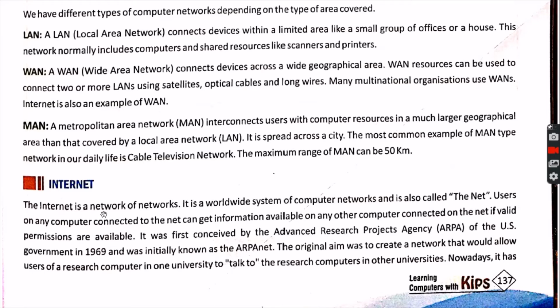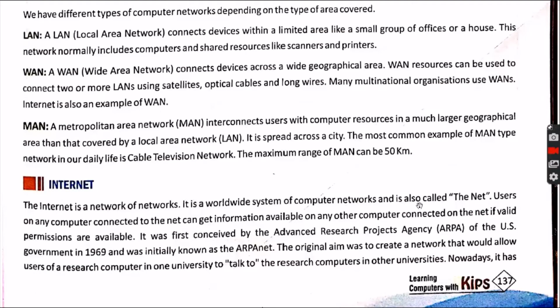The internet is a network of computer networks, and is also called the net. Users on any computer connected to the net can get information available on any other computer connected to the net if valid permissions are available.